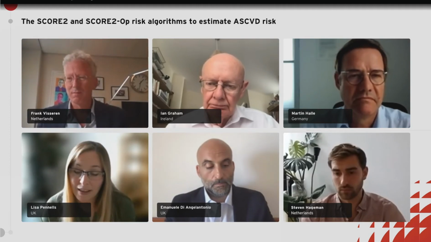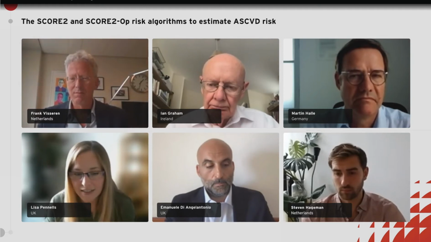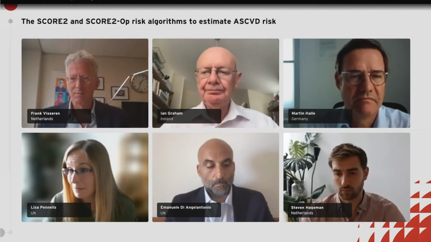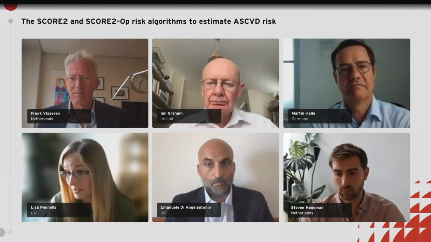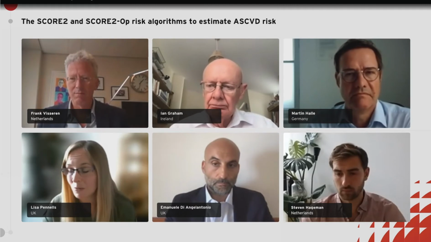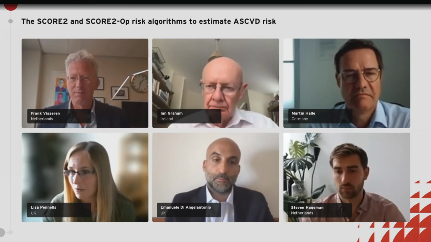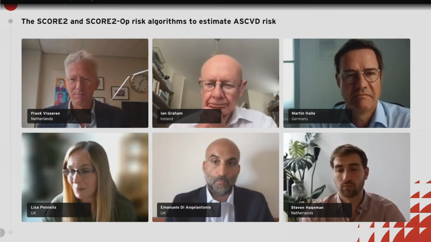And again, we've done some validation of that, where we've tested to see whether our derived incidences match that which we see in other external registry data sets. And they do seem to match pretty well where we've been able to obtain that data. But you're right, that's a really challenging aspect of this work, is getting those non-fatal events.